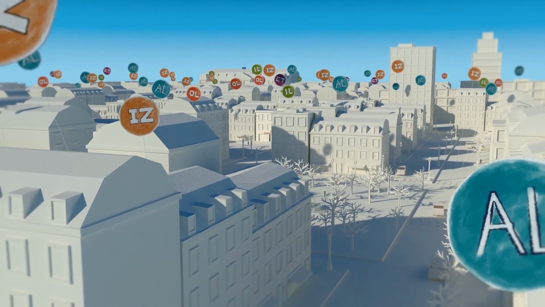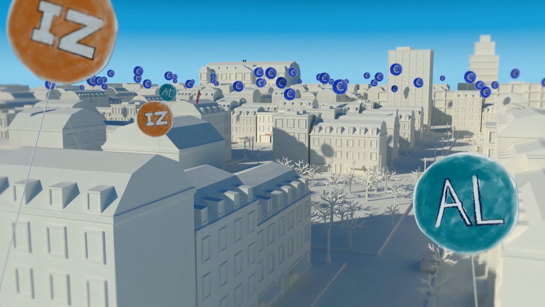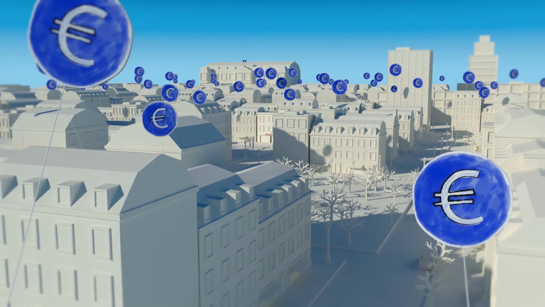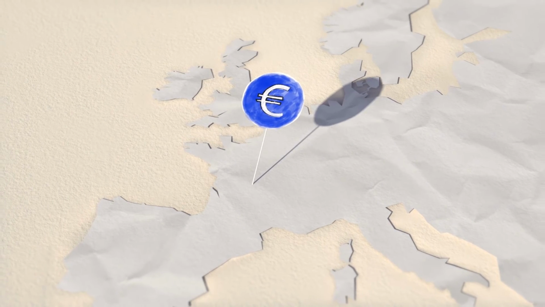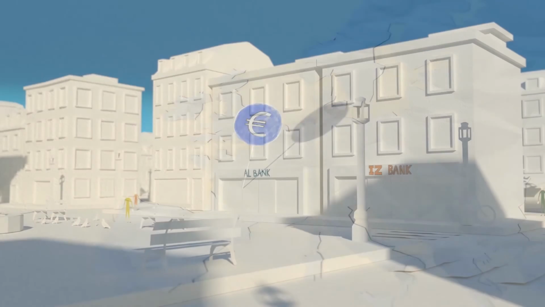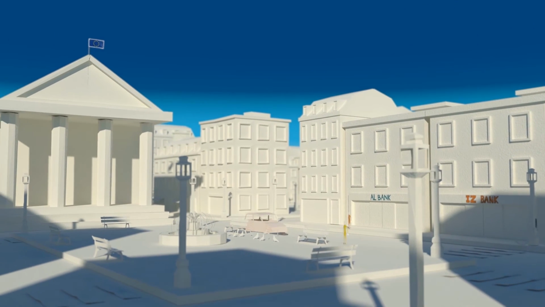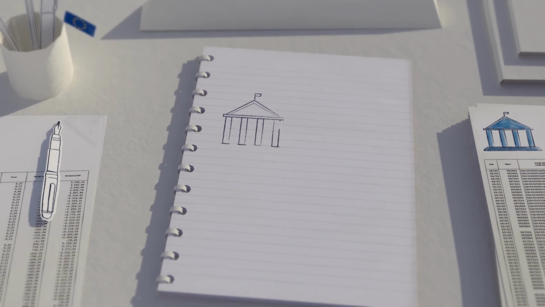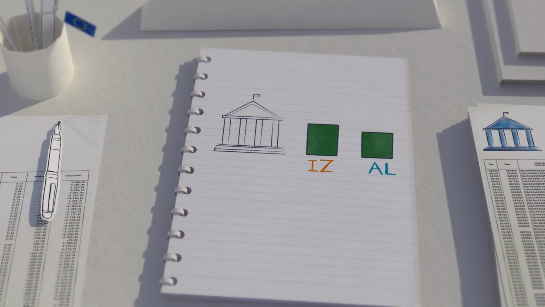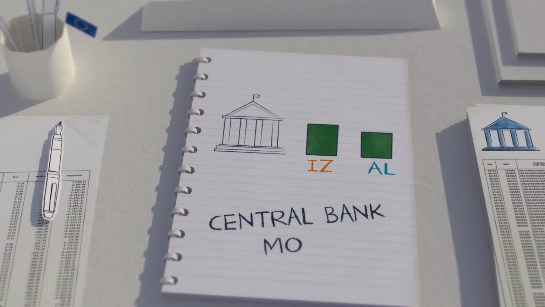For trade to develop, a currency has to be accepted by the vast majority of people. This is why the state intervenes to impose one. Let's call it the euro, since this is the currency that has legal tender in France and in the euro area. The state has entrusted money management to a single institution, the central bank. It is a kind of bank for the banks. All commercial banks have an account at the central bank, expressed in the same currency known as central bank money. This facilitates exchanges between banks.